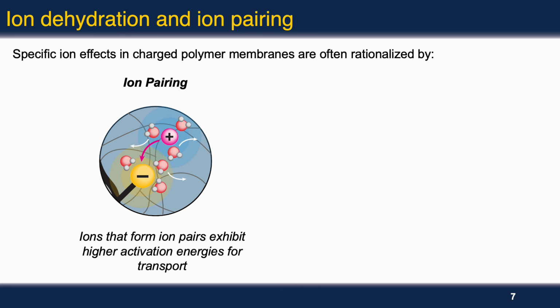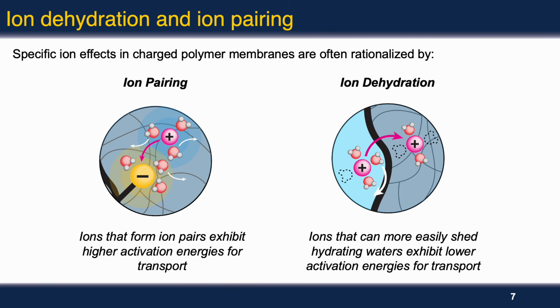Whenever specific ion effects are reported in the literature, they're usually rationalized by either one of two phenomena, and sometimes both. The first one is ion pairing within the membrane. One could argue that ions that form ion pairs should exhibit higher activation energies for transport. The other one is ion dehydration in the membrane, where one can argue that ions that can more easily shed